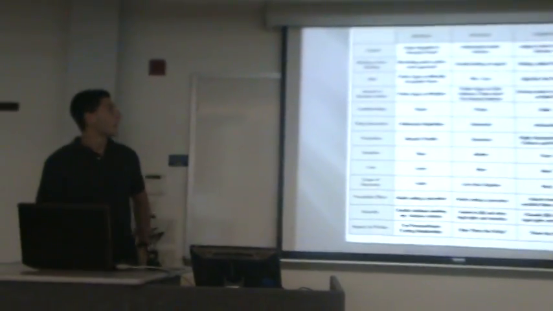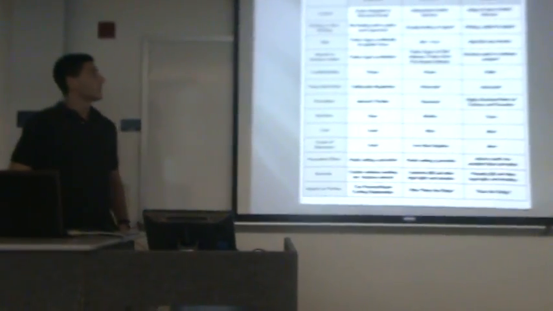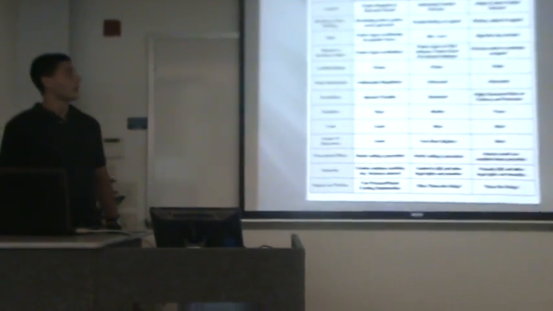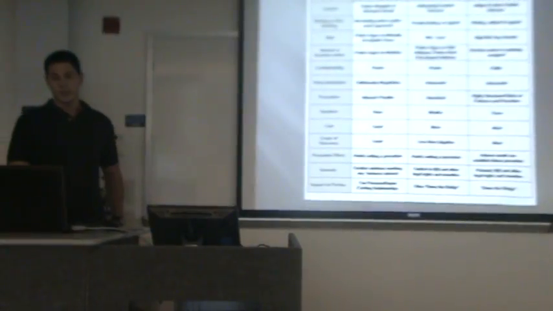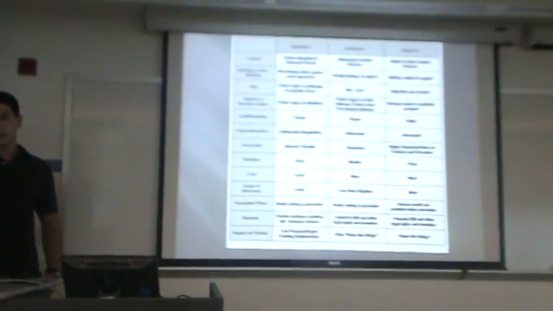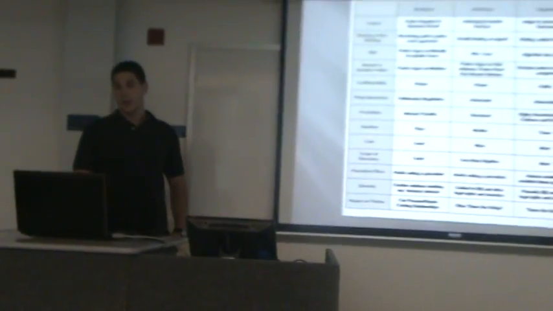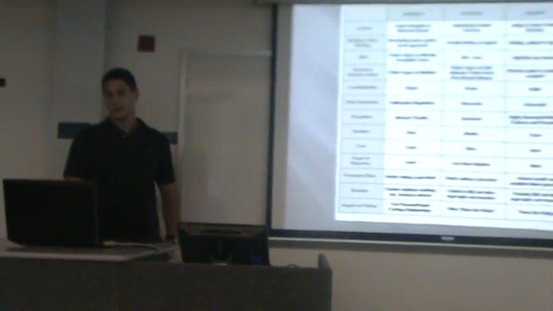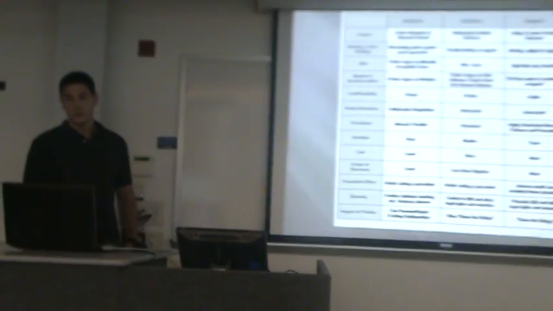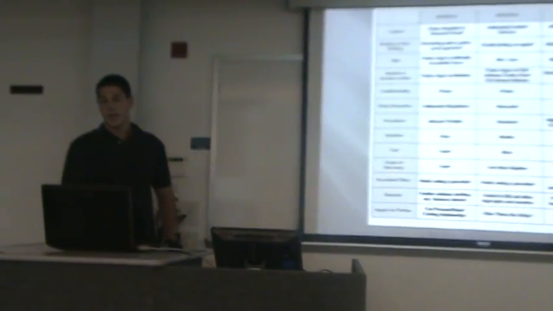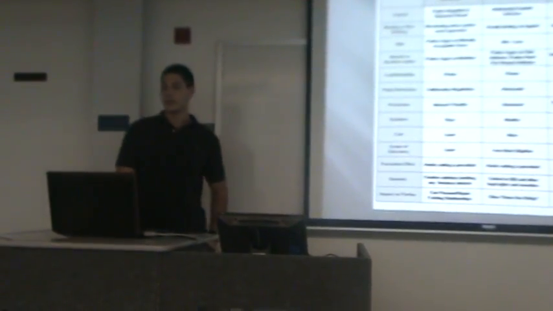Here's a good table that easily shows you the differences between mediation, arbitration, and litigation. Some main points I wanted to point out are the control of the situation between the three. In mediation, parties negotiate and determine the results, while in arbitration, an arbitrator controls the outcome. And in litigation, judges and juries control the outcome.